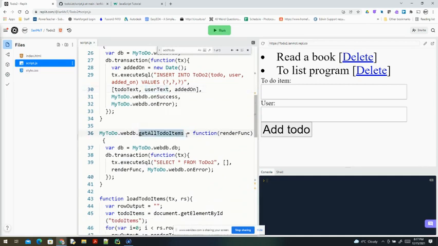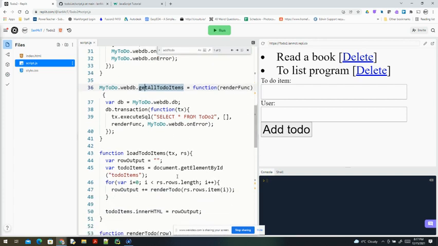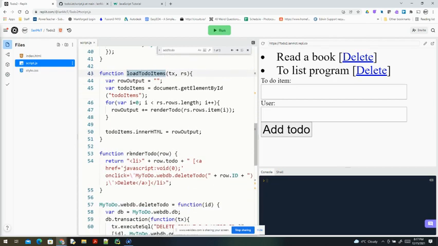Let's go down to the next function, get all to-do items. So it's selecting everything, so that seems to be good. And it's going to call the render function, so that's good. Load the items. These are all of the rows, so that should be fine. And then here, this is where the row. Okay, so this is a list item plus the row to do